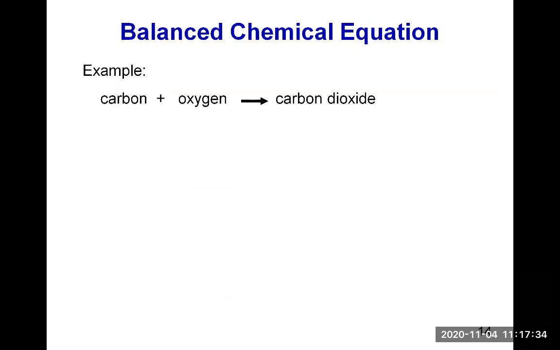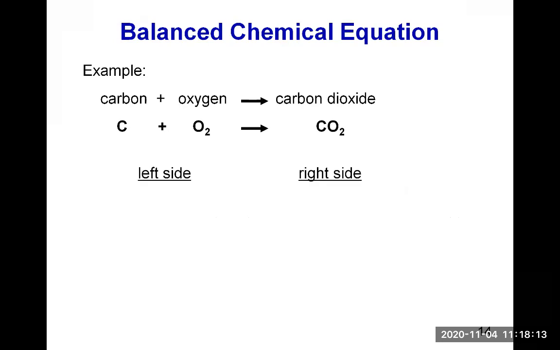So let's look at another example. Carbon plus oxygen gives carbon dioxide. Written as chemical symbols, this becomes C plus O2, because oxygen is a diatomic molecule that is found as two oxygen atoms bonded together in nature. So that's what we call elemental oxygen. So O2 gives CO2, because carbon dioxide is made of 1 carbon and 2 oxygen according to the name. That's a type 3 covalent compound.